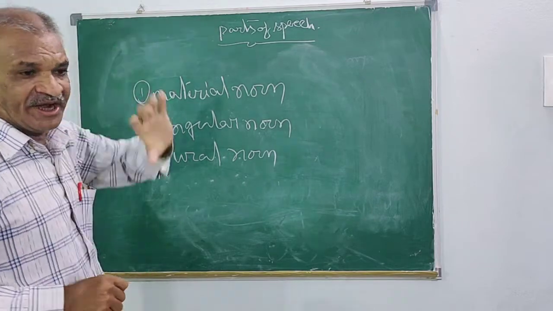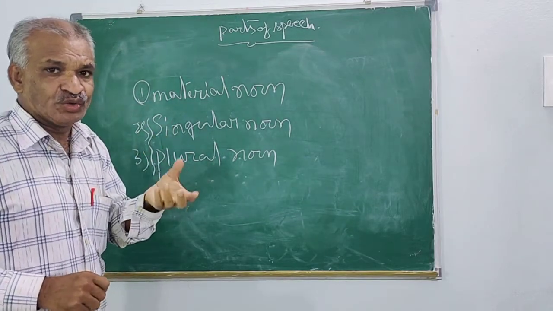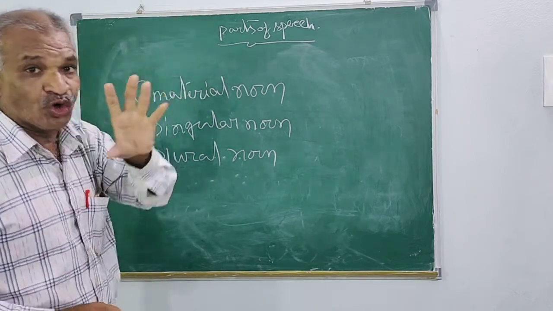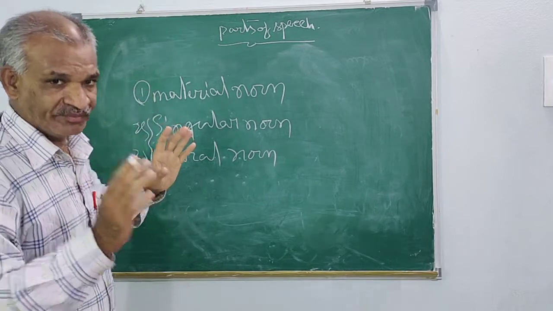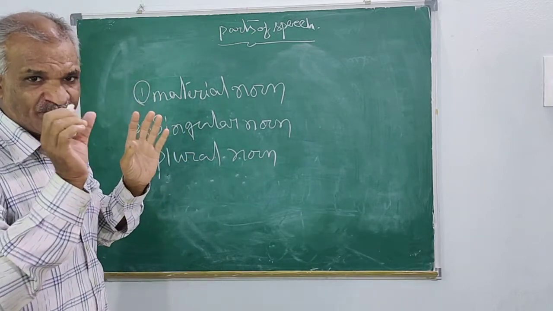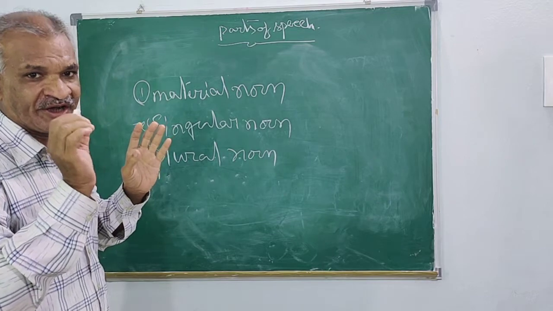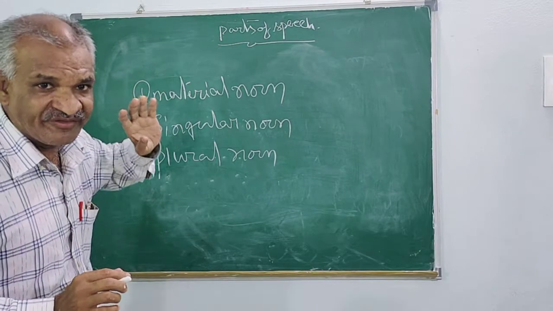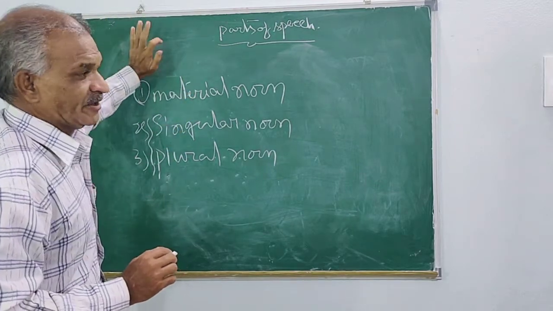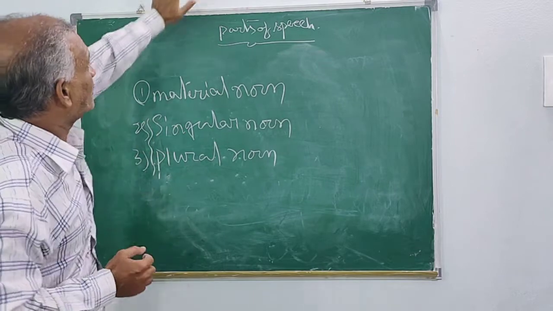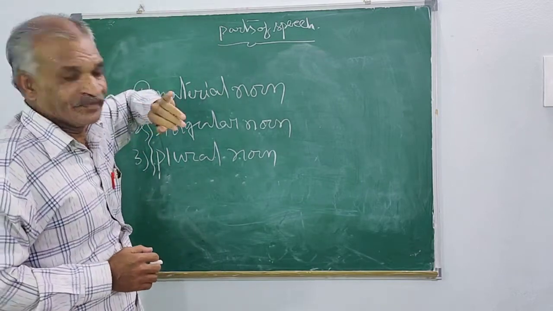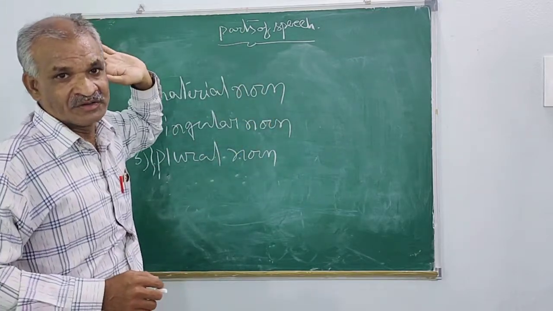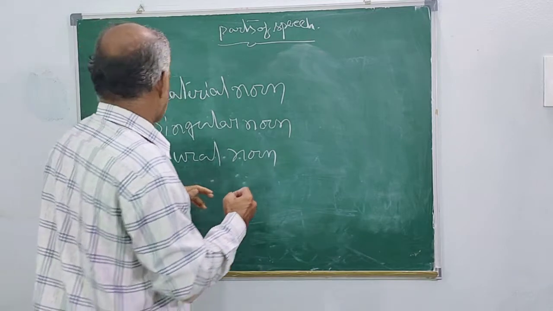Material noun means the name which we are giving to any material. Suppose board. Board means the word is a group of letters. Board, B-O-A-R-D, board. That is the word which we have given to this particular item. We cannot call this one a board because another name is given, that is wall. So material noun means